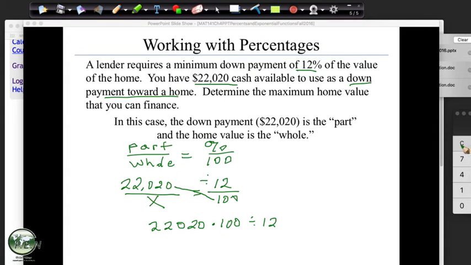The thing that feels weird about this one is the number's going to be bigger, but shouldn't it be bigger? Sometimes when we're doing percentages it feels like we should get less, but this is definitely one where the down payment is just a part. So we multiply it by 100. Wow, $2 million house, but we're not done yet. Divided by 12. Can't buy the $2 million house, but we could buy a $183,000 house. Okay. $183,000 house.